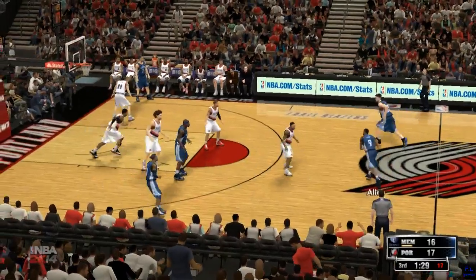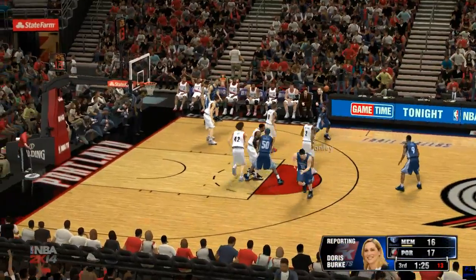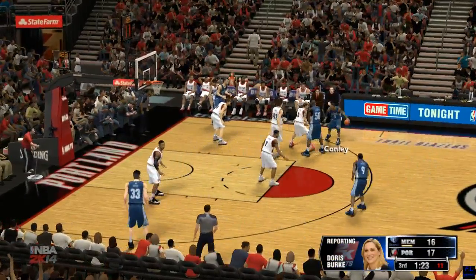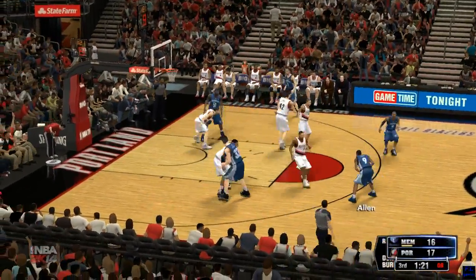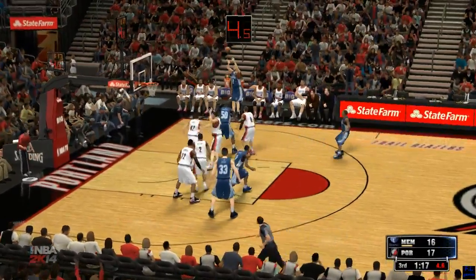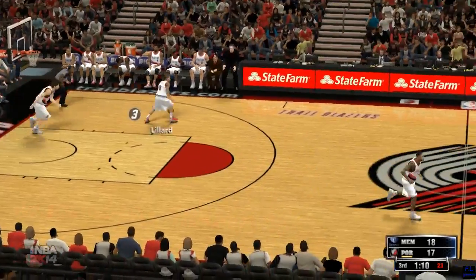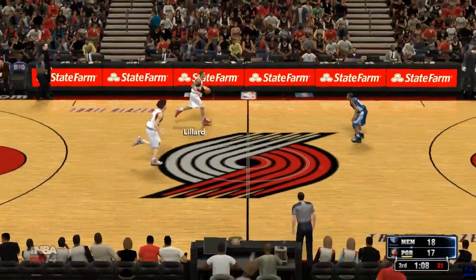And let's catch up with our sideline reporter, Doris Burke. Doris, over to you. Gentlemen, even though Damian Lillard won last year's Rookie of the Year award, he didn't rest on his laurels. This offseason, he trained with NBA legend Gary Payton, working almost exclusively on his defense. Lillard said it's a responsibility for him to live up to the great Oakland point guards of the past, adding,